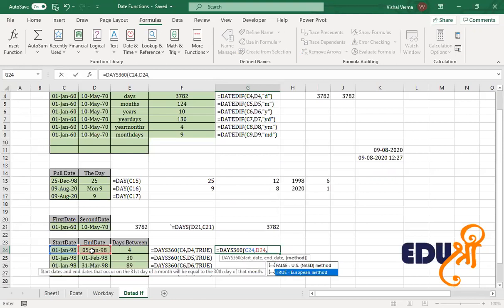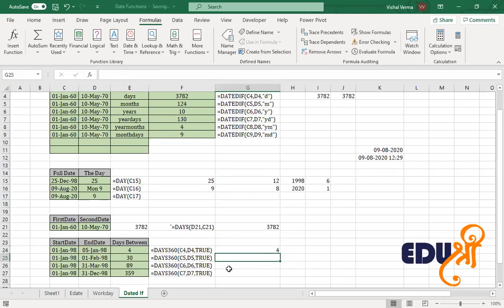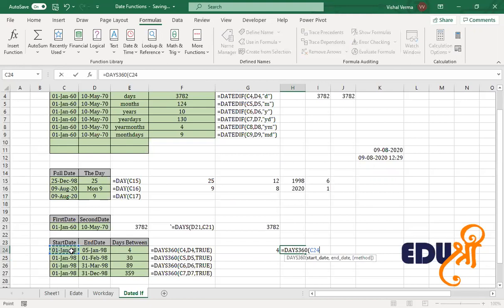If I put the European system, it will give the value of 4. If we use DAYS360 with the US system, it will also give 4, because here the difference does not matter.